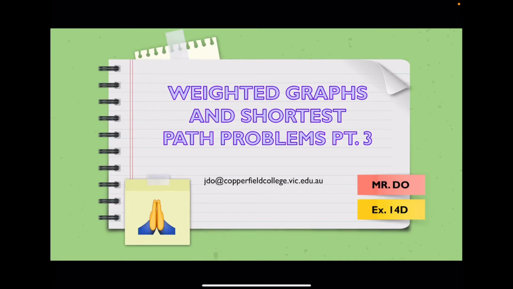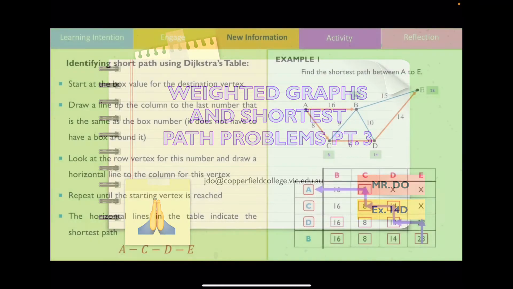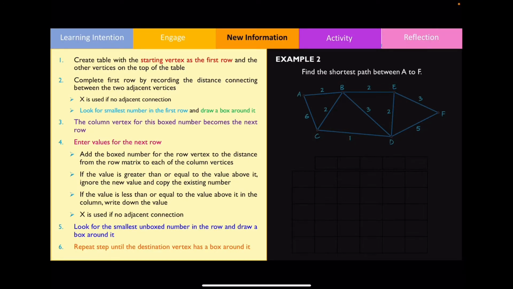Hello class, this will be the final part of the video where we'll be looking at weighted graphs and the shortest path problem. In this video, we're going to be looking at a second example of how to find the shortest path using Dijkstra's algorithm. So in this second example, we're going to be using Dijkstra's algorithm to find the shortest path between vertex A